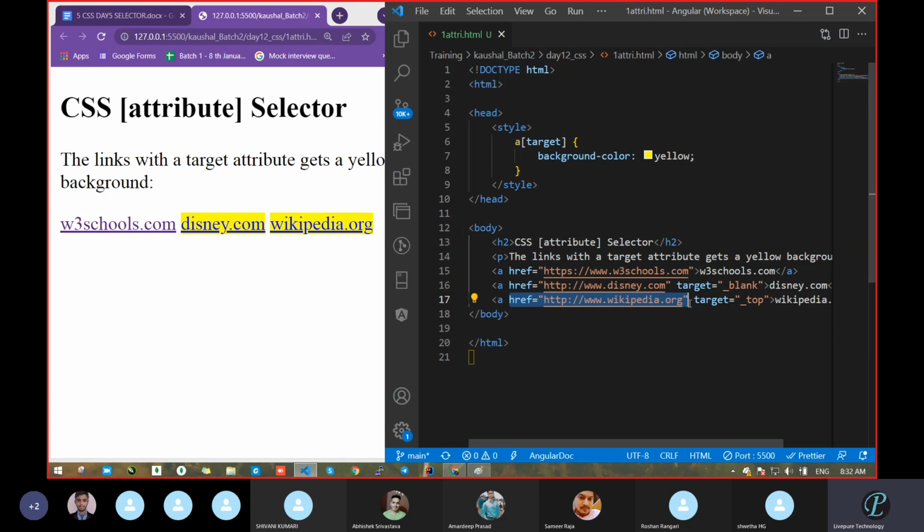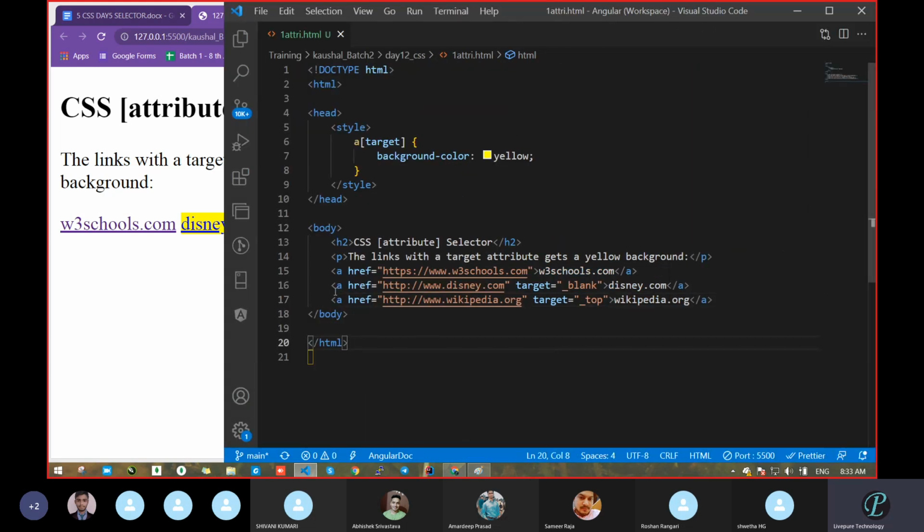See, the first process of passing a style is just by tag, as normal from day one. Second, after that we learned ID and class. Then we started passing a style with the help of ID and class. That is the second option. Clear? Third option, we went with different pseudo class and pseudo element, these selector parts. Suppose anybody asks what are the bases by which you pass a style.